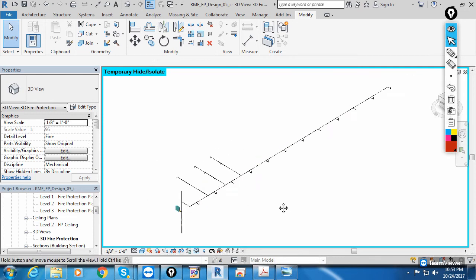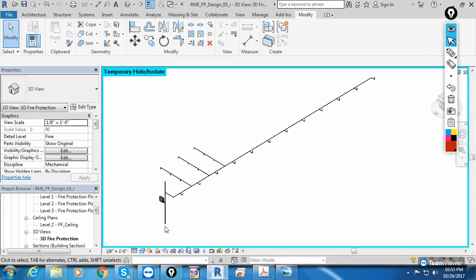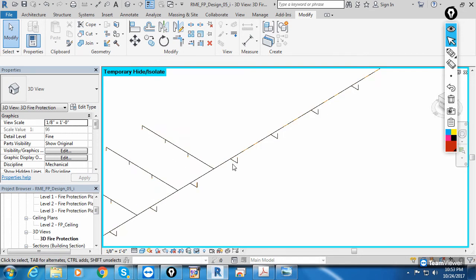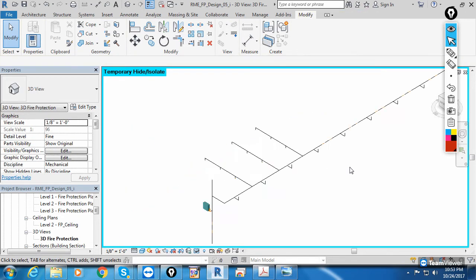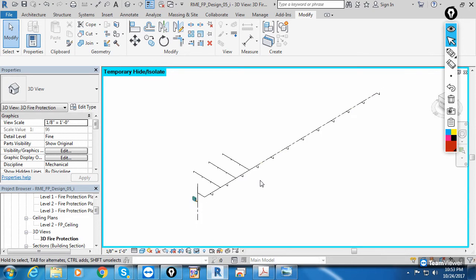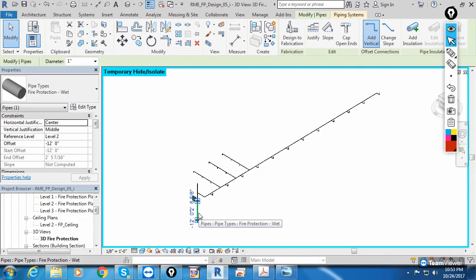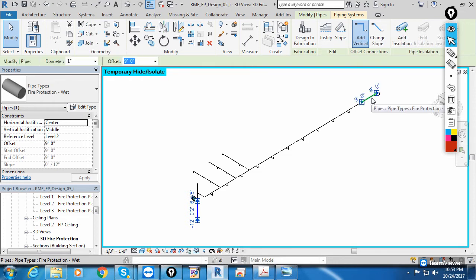Now you see. So my requirement is to select only this vertical pipe and this main horizontal pipe. I don't want to select these branches. Okay. So the new selection method is, first what you do, select the starting section of the pipe, then take the cursor to the last section and you'll find pre-selection. You see the pre-select color is green now. When you're getting pre-selection color, click to select.